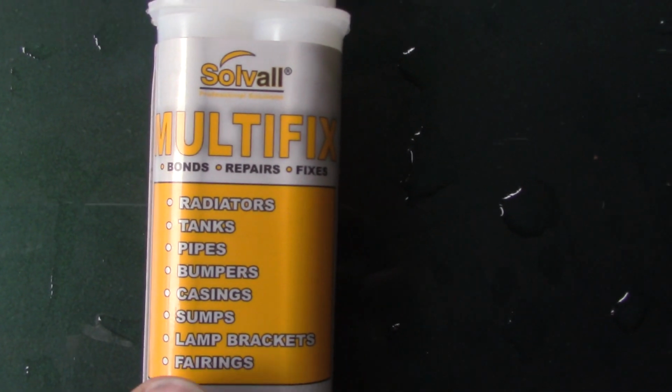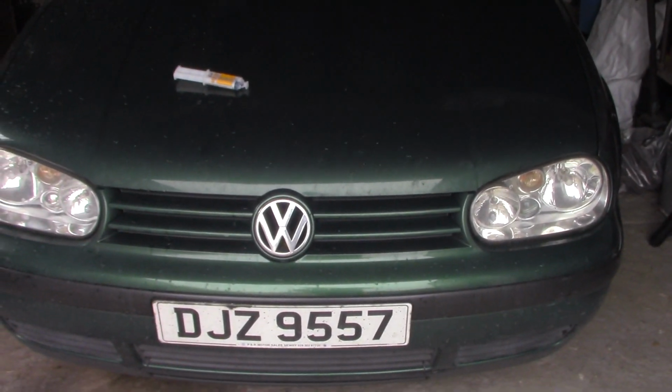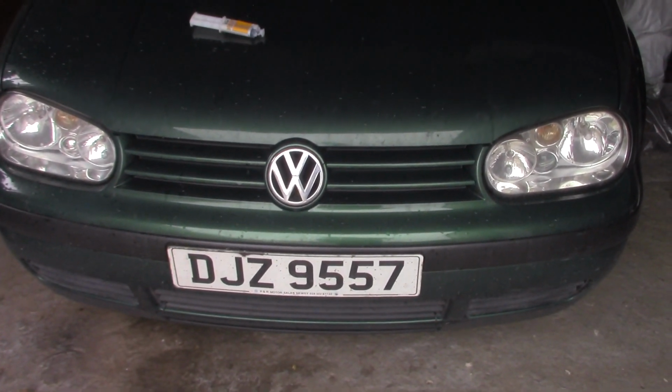Multi-fix. So it's a glue resin, 2-pack, comes out of both sides. Mix it up, apply it, and then leave it to set. The bung was glued in, but we need to service the car. I suppose I could take it off and re-glue it again with this stuff, but I'm going to replace the